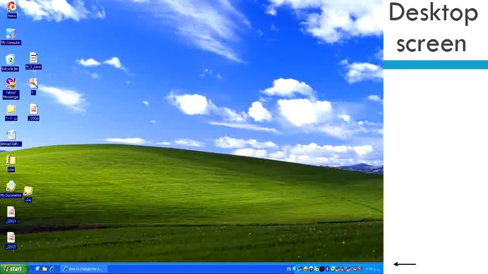Once we have typed in the password, the next screen which comes is the desktop. Over here you can see the taskbar has the start icon. There are many other icons on the desktop screen. And here you can click on the icons which are either pinned to the taskbar or on the desktop to open different kinds of files.